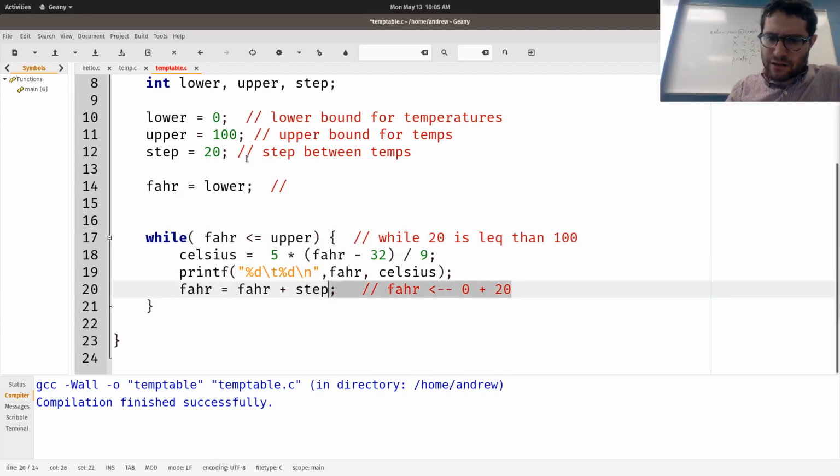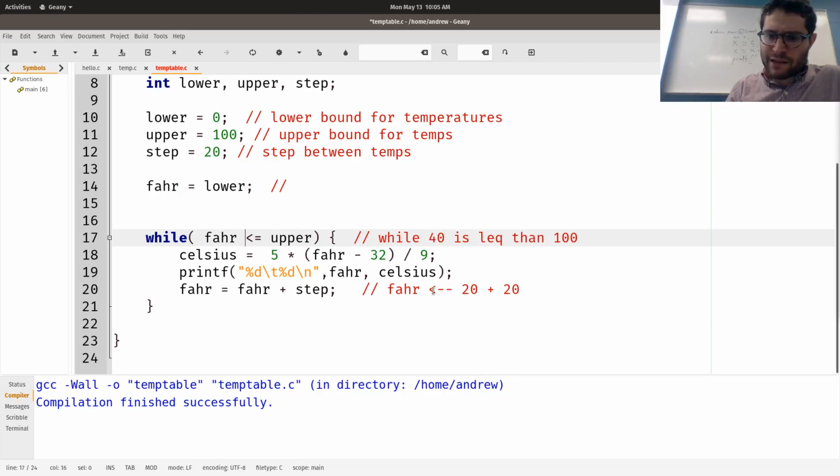And it is. So we take Celsius, we do the conversion for 20 degrees, say 20 degrees is this much Celsius, and then we say, okay, we are going to store inside of Fahrenheit the value inside Fahrenheit plus 20. Fahrenheit is equal to Fahrenheit plus 20, which means that we are going to increase its value by 20, so we get 40. Okay, so now we jump back up to the beginning of the while loop and ask, so what is Fahrenheit?